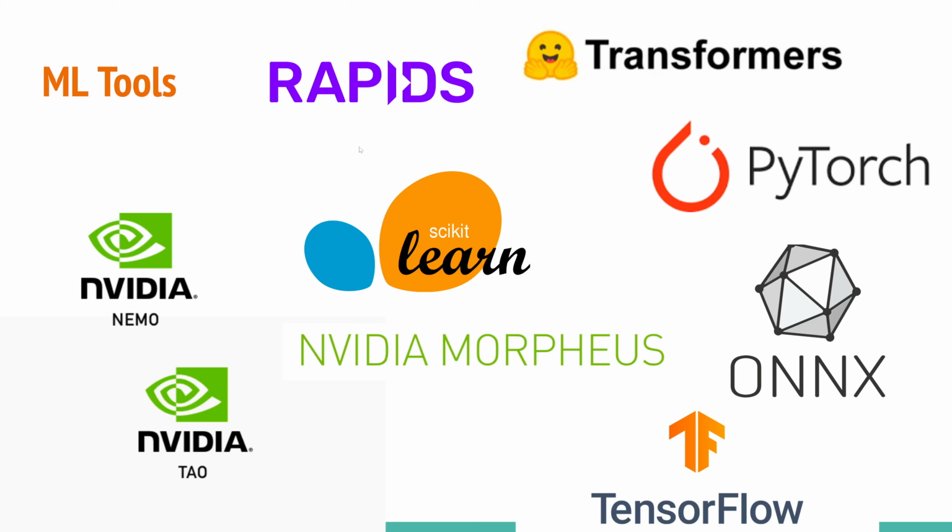Machine learning tools. These are a list of machine learning tools. If you want to do machine learning, you're going to do it in either C++ or Python. There is nothing else that you can really use for machine learning. Sure, you may be able to do inference in things like JavaScript and Java, but you're not going to be doing real machine learning in anything else but Python and C++.